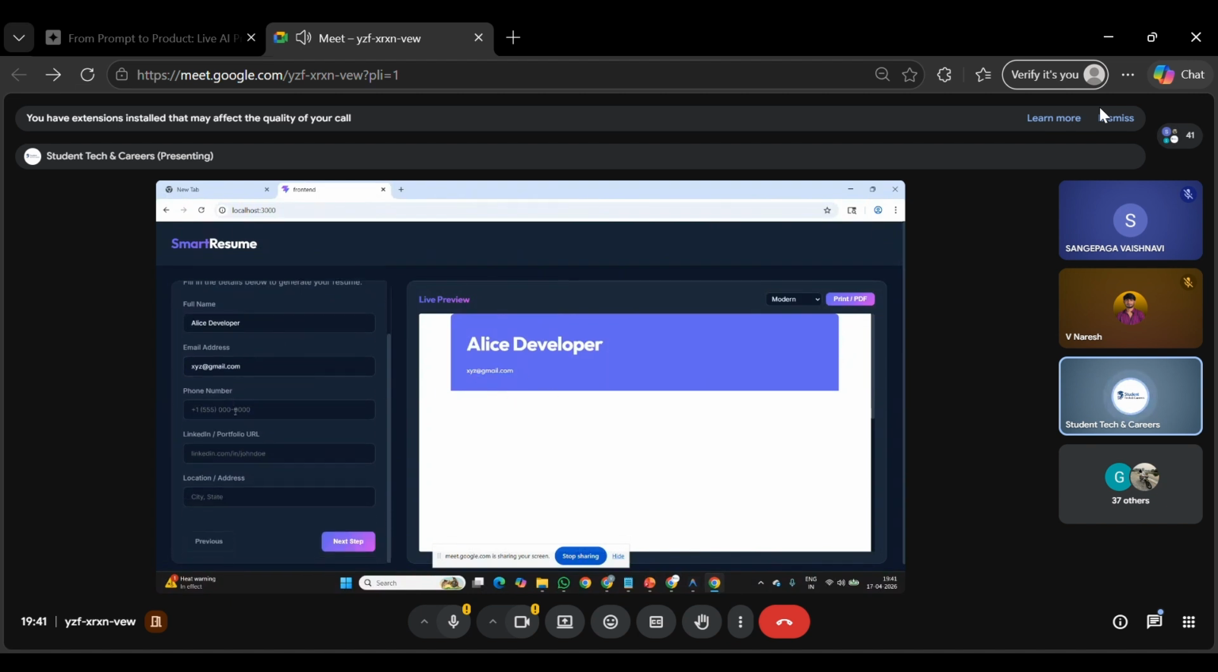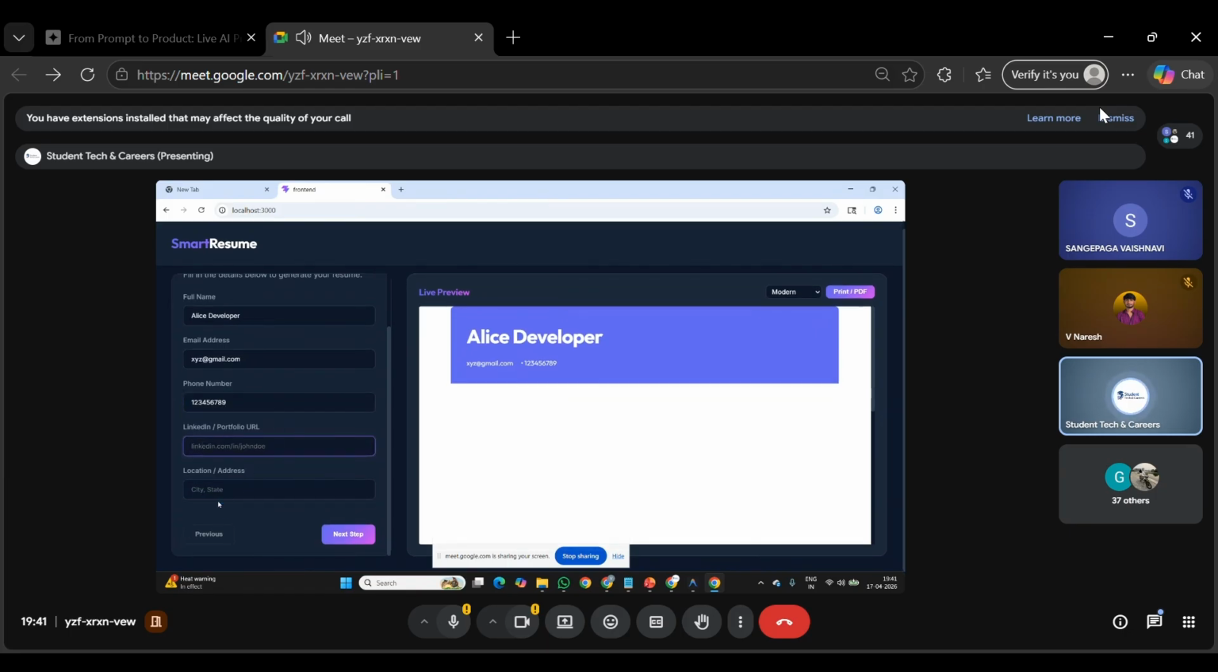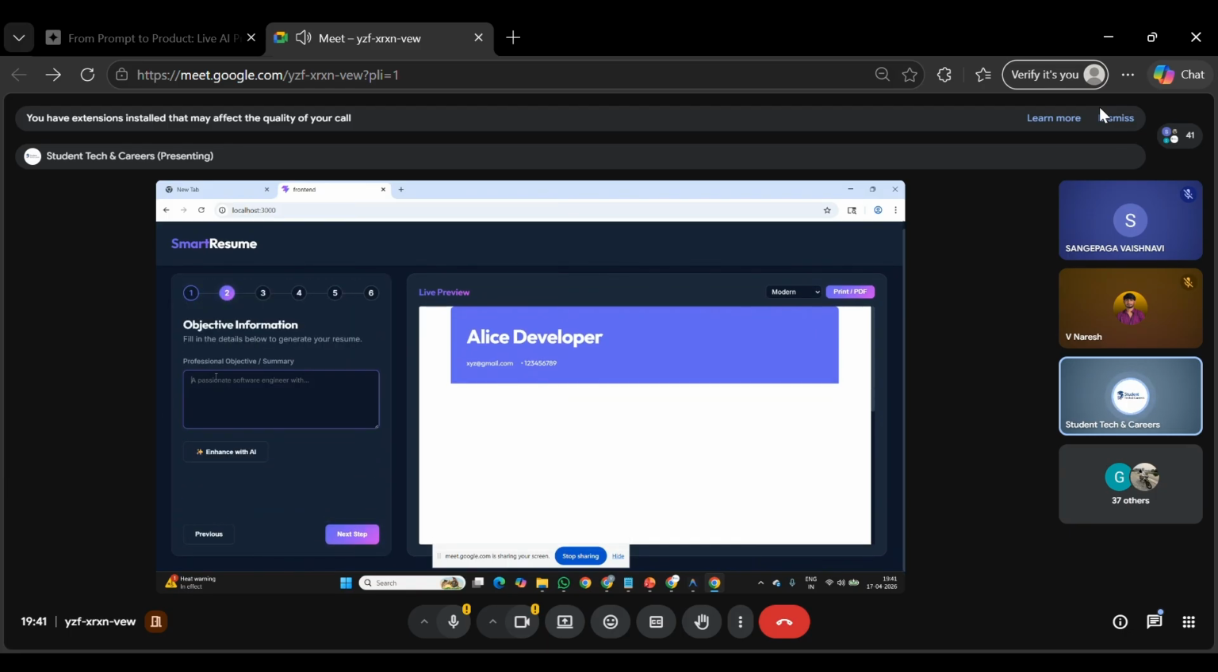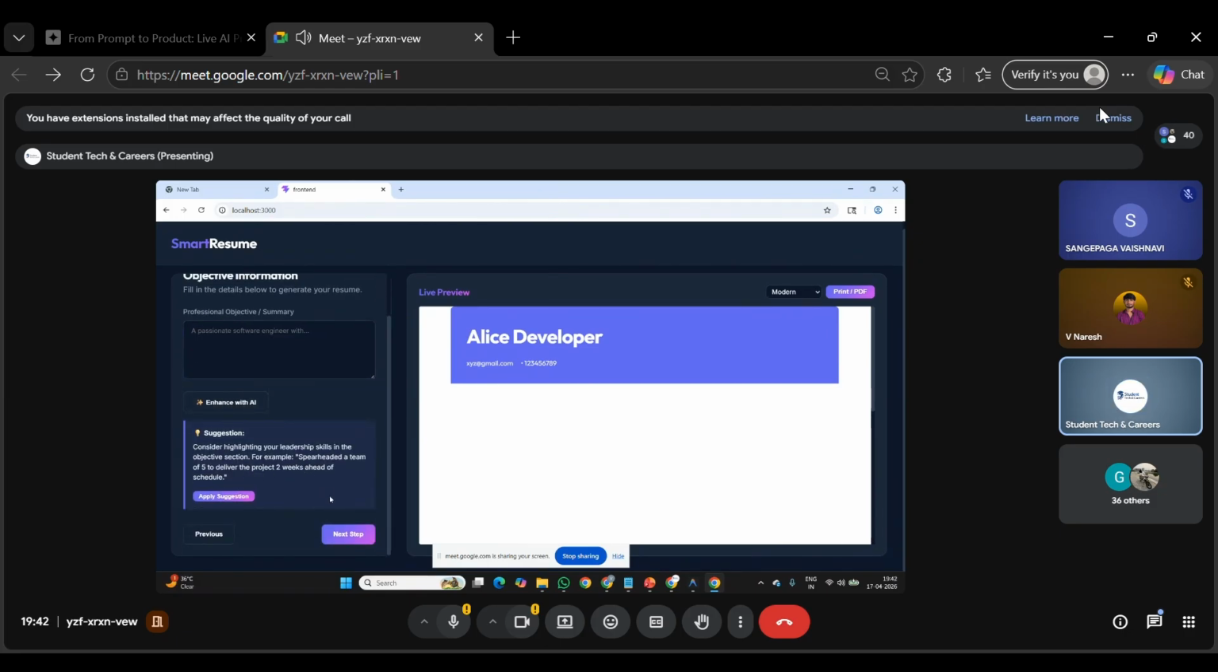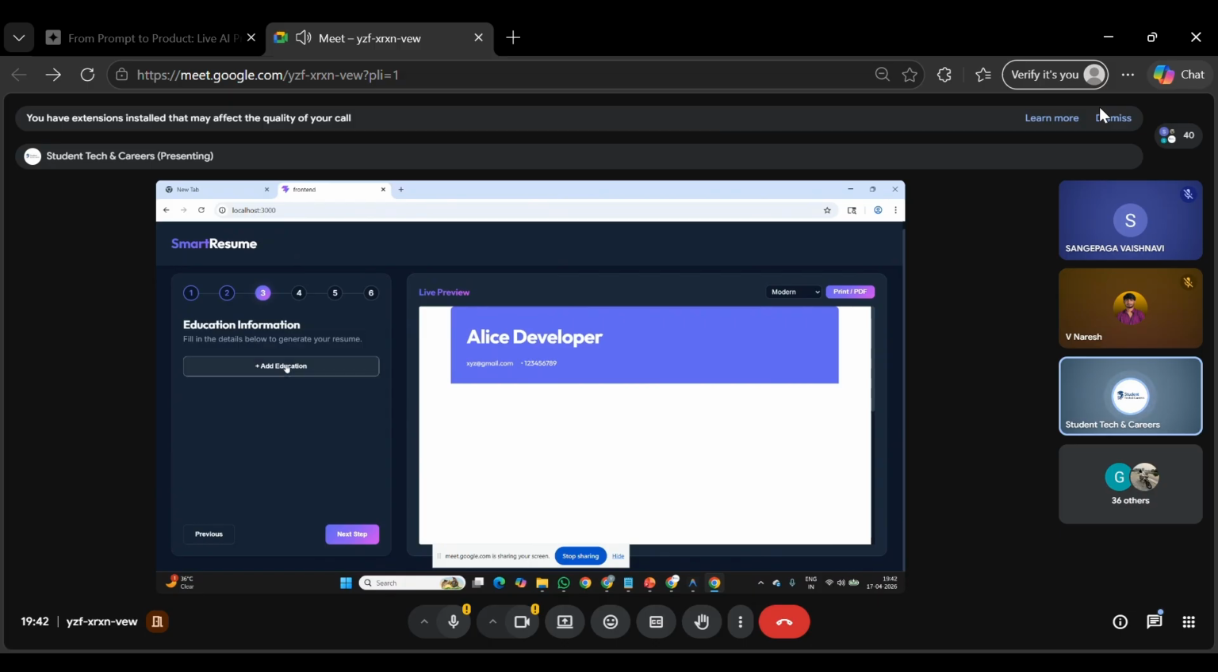The email, if I type it on the left side, it is showing on the right side. So the resume building works like that. Personal information, all those, and objective, everything, and educational qualifications also on the right side. You can add whatever you want, 10th, plus one, and